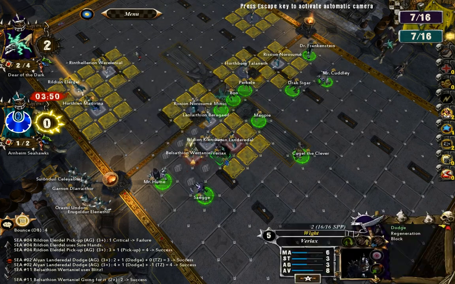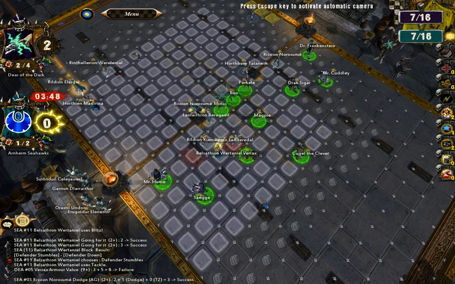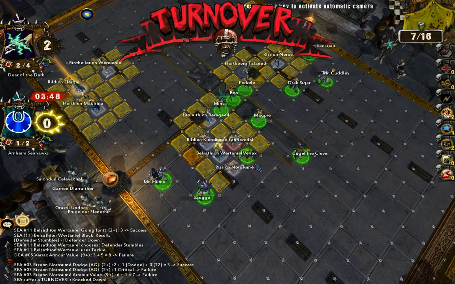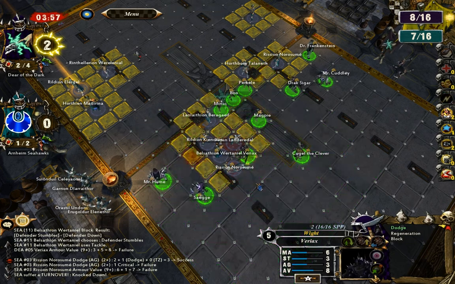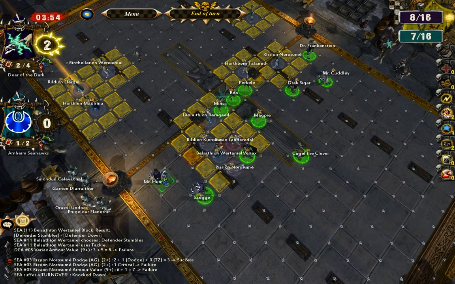You're really going for Verax now. Well, and he had tackle. But I guess he really didn't like the fact that we got that touchdown last turn with you. Because coming that strongly against you specifically, it's kind of interesting. Okay, so